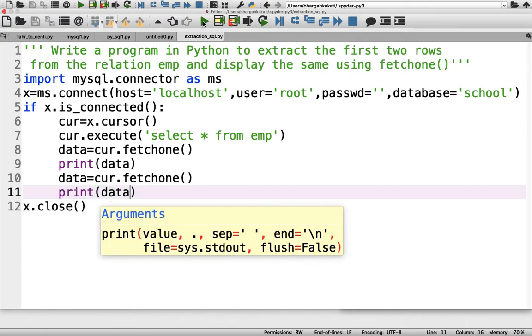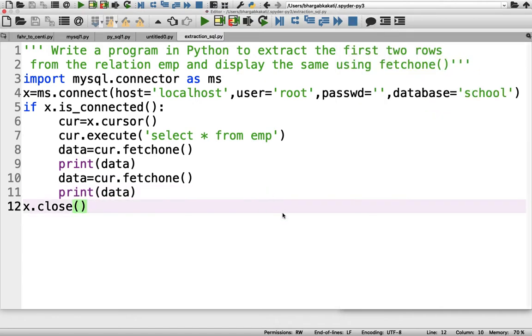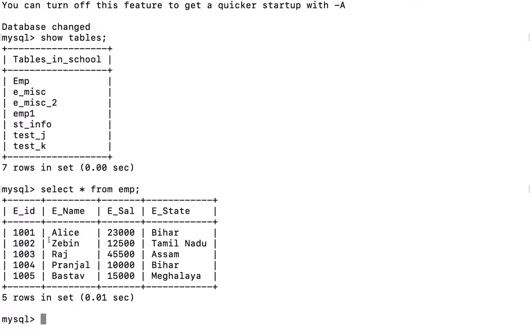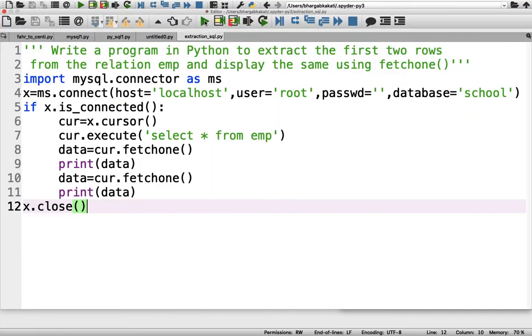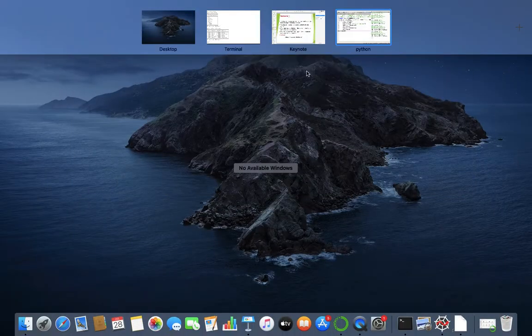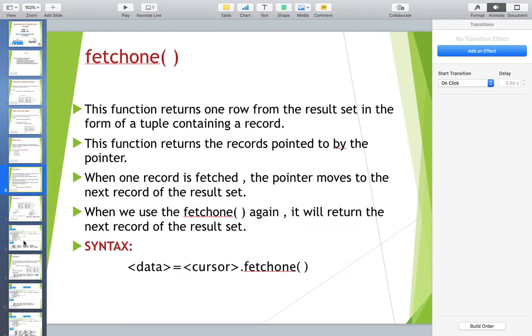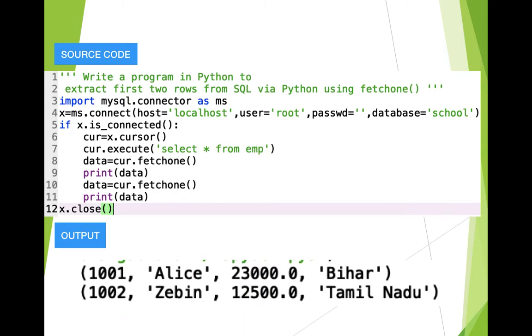Then I run this program, and as you can see, now I have got the first two rows from the SQL database. We have extracted successfully the first two rows from the SQL database, and we have displayed them via the Python programming language, as you can see in the output here. So let's just show it to you once. This was our source code and this was our output.